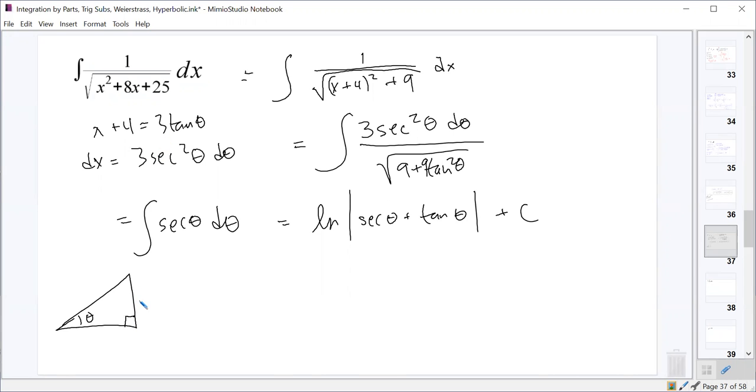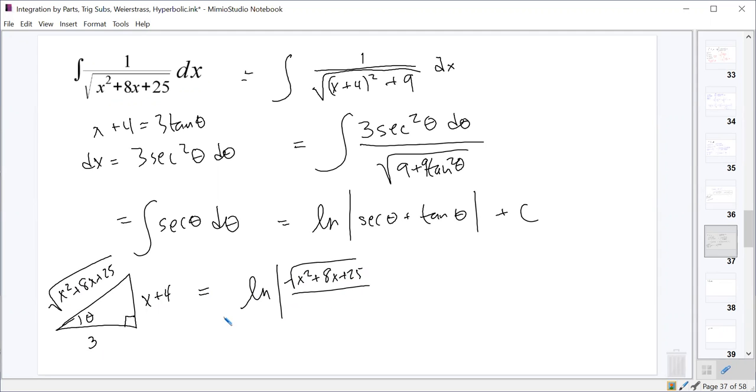So tangent theta was x plus 4 over 3. And as always, that comes out to be that same thing that we originally had inside of our square root. Root x squared plus 8x plus 25. And this ends up becoming the natural log of the absolute value of secant theta. So secant theta is root x squared plus 8x plus 25 over the 3